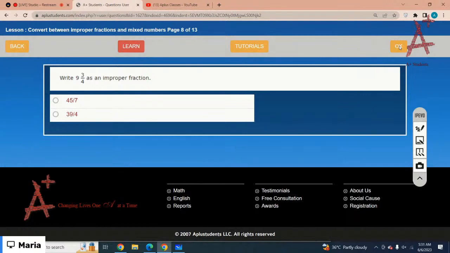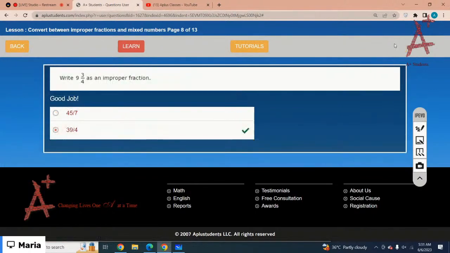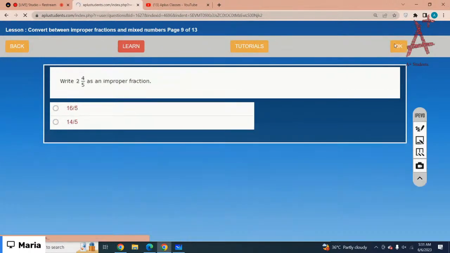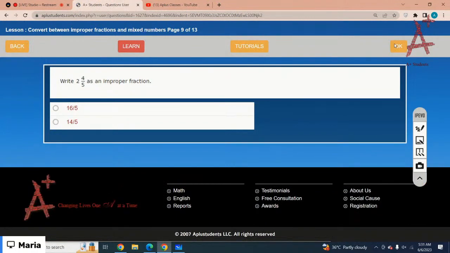So it would be 4 times 9 is 36 and 3 is 39, that would be 39 over 4. You can just match their denominators. Okay, 2 whole 4 by 5. So which is the correct option? 5 times 2 is 10 and add 4. So it would be 14 over 5. The correct option is